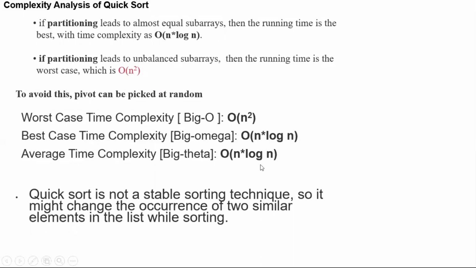Quicksort is not a stable sorting technique, so it might change the occurrence of 2 similar elements in the list while sorting. But it is in place, meaning we do not need extra space except for the stack memory